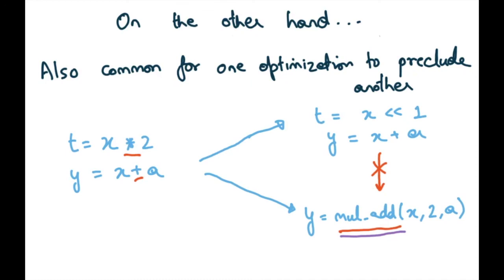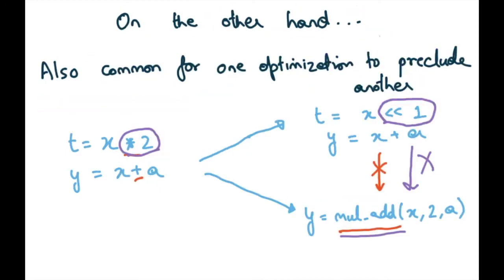But then there is another rule in the compiler which says anytime you see multiplication by 2, then you can convert this to a left shift by 1. All right. So here you're removing the multiply and replacing it with a faster left shift operation. Now this is all good, except that if you do the first one, which is conversion of multiply to left shift, then you cannot go from the first one to the second one, because the compiler has no rule which says that if you left shift and then add, then you can replace it with mul-add. All right. So this becomes a problem.